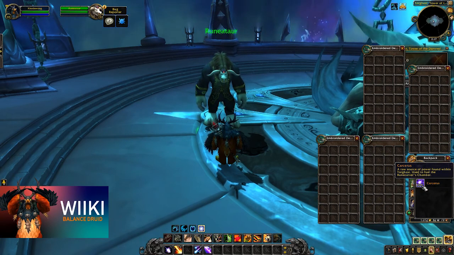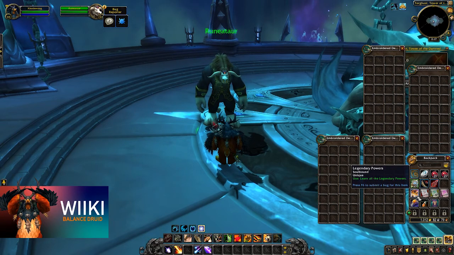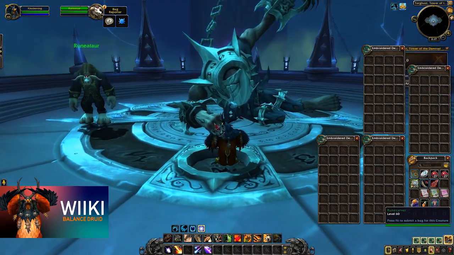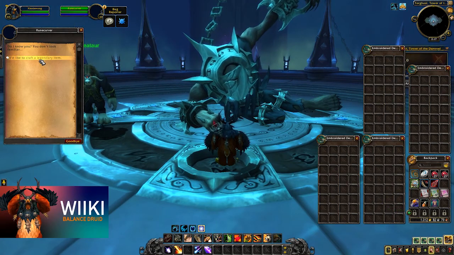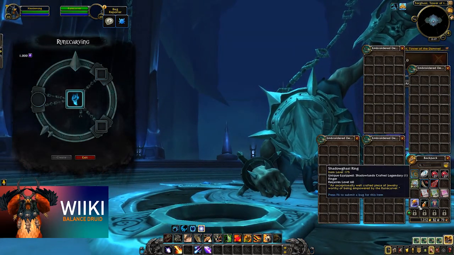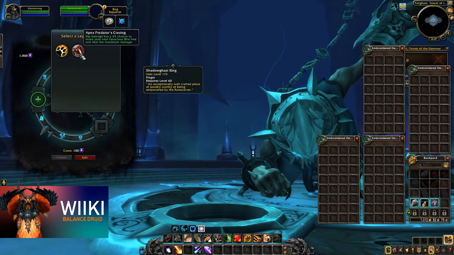The bag contains the currency you'll need to create legendaries, and the legendary powers will teach you all the possible legendary traits you can pick for the armor. Talk to the rune carver or the big guy next to the Tauren, and he'll open a new window. From here, select your legendary gear of choice from your bags and put it in the center. Click the plus sign and it will show you all the different legendary traits you can create with that gear